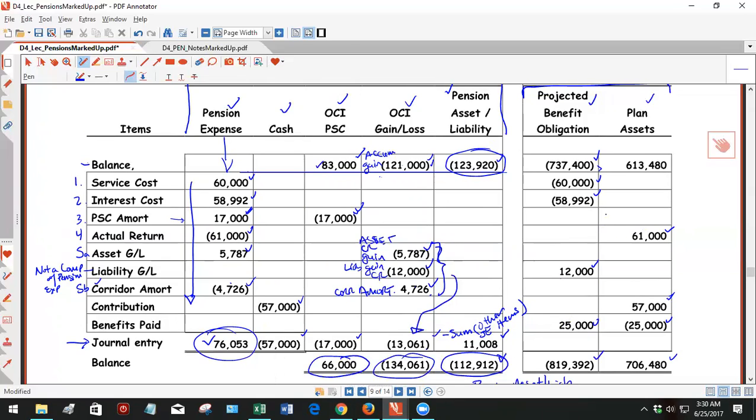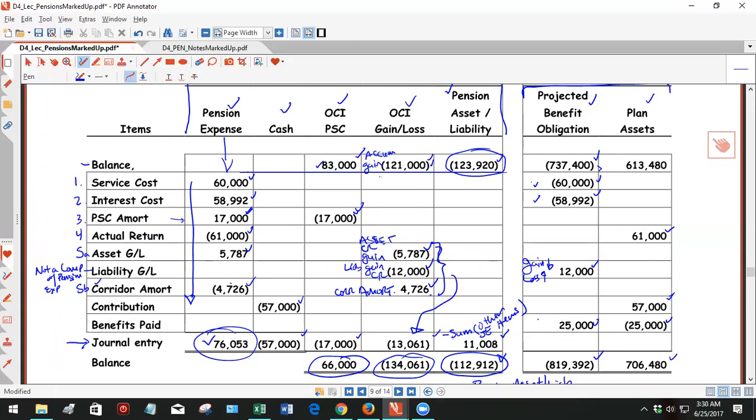So I guess one last thing to notice is this does come up. Notice the projected benefit obligation is increased by service cost and the interest cost. It can be increased by a liability gain or loss. It's decreased by a liability gain. So a gain decreases, but a loss would increase. It's increasing your liability, right? So if life expectancy went up, then the projected benefit obligation would go up,